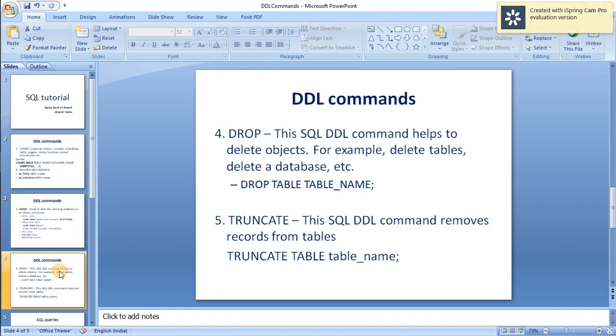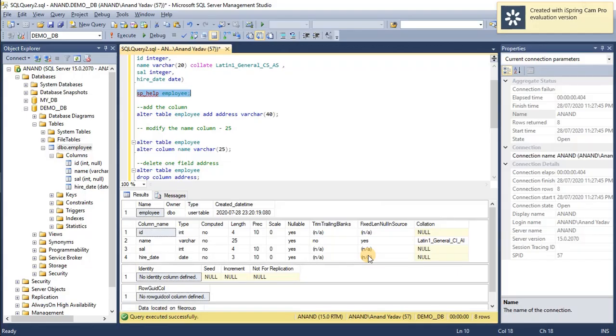And the last DDL command for this video tutorial is truncate. Truncate is used when a table has n number of data and we wanted every data to be deleted. So instead of using a DML delete command, we can use the truncate keyword, TRUNCATE TABLE and the table name, and the entire data will be deleted. The definition of the table should remain as it is, but the data present in the table will be flushed out. So we'll see it.